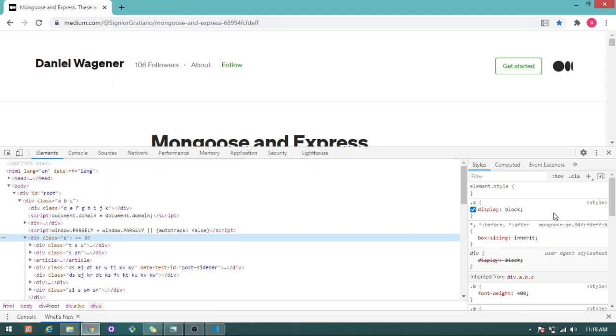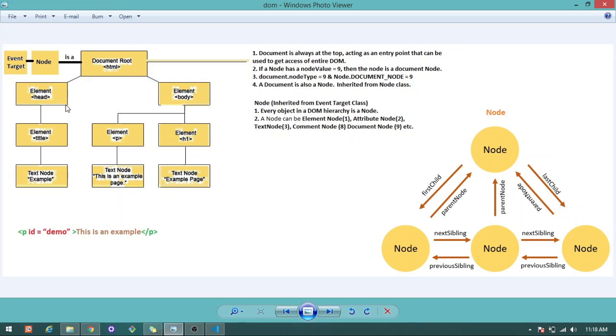That is why the browser creates a hierarchy of objects and shares that object hierarchy with JavaScript just after the web page is loaded. The browser keeps a special object called document on the top of that model. Let me open this whole model of DOM.